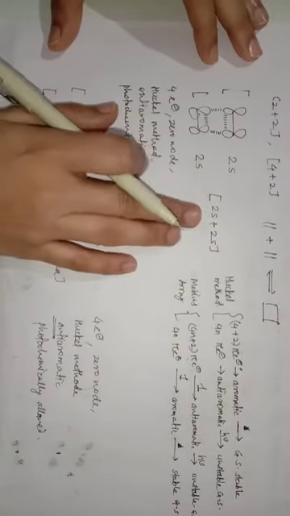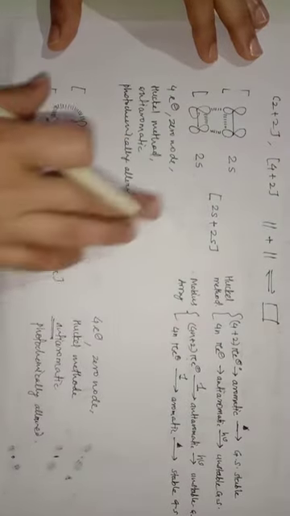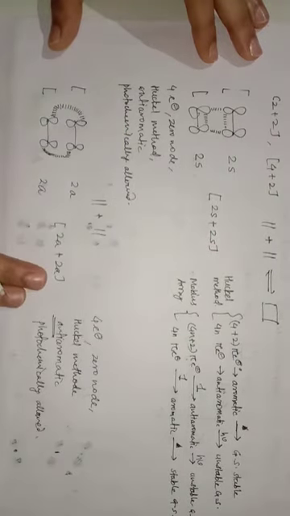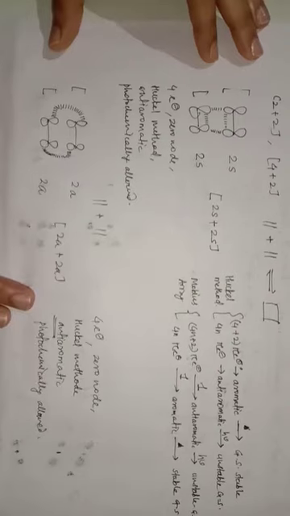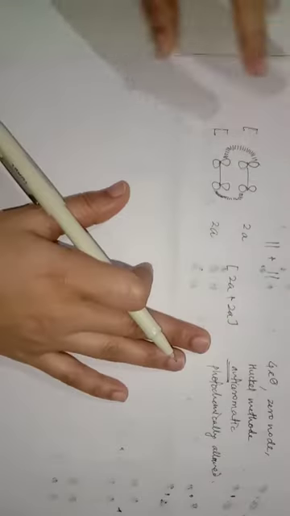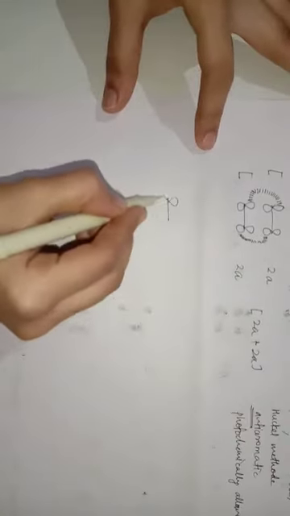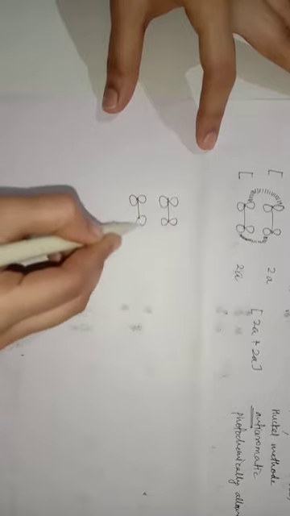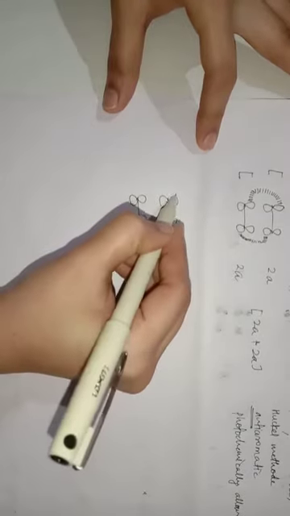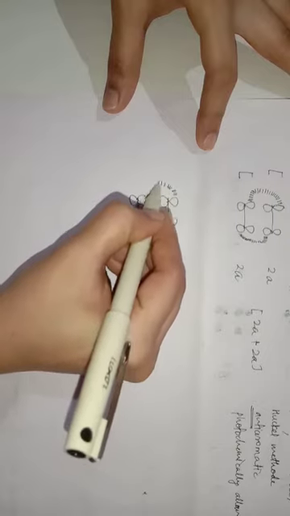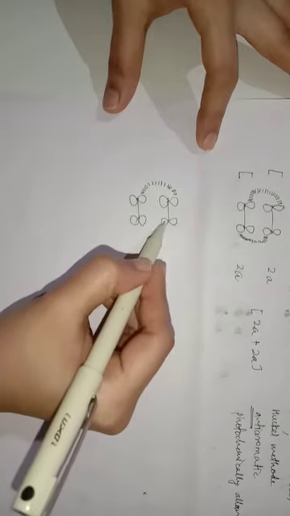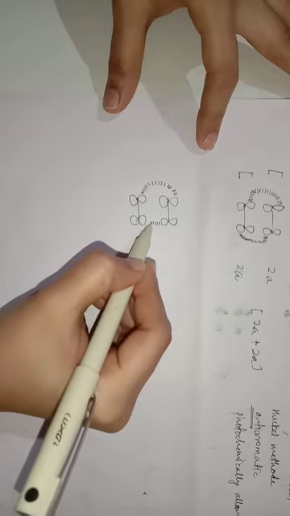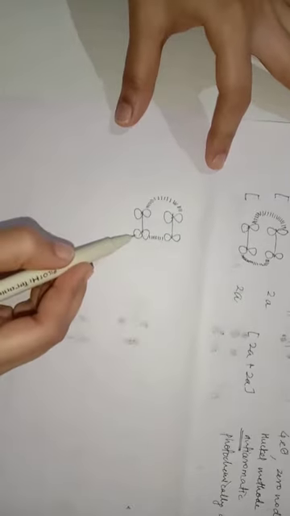If there is a 2s plus 2s system cycloaddition or 2a plus 2a, it means both are suprafacial or both are antarafacial. But if there is a condition when one is antarafacial and the second is suprafacial, then see the condition will be as per this. Suppose one ethylene molecule's orbitals and second ethylene molecule's orbitals. Suppose one lobe of this ethylene molecule is making a bond with the upper lobe of this ethylene molecule, and the second lobe of this ethylene molecule is making a bond with this upper lobe of this ethylene molecule.